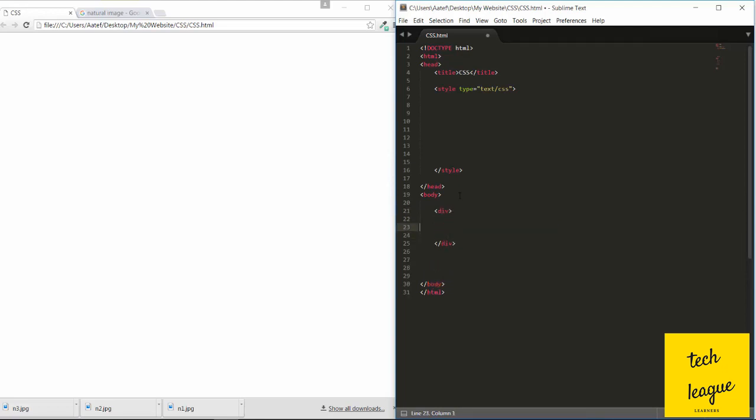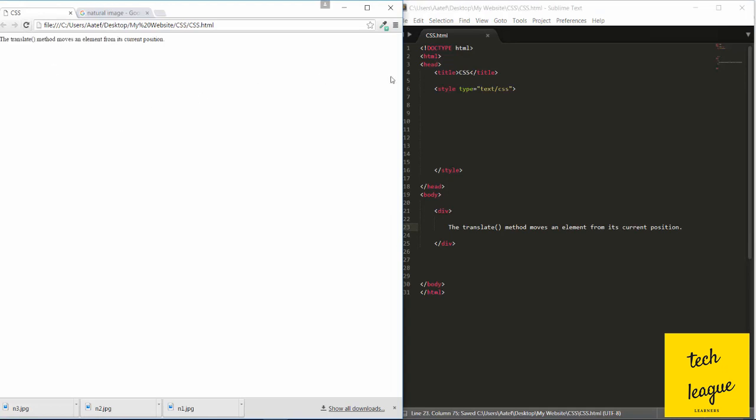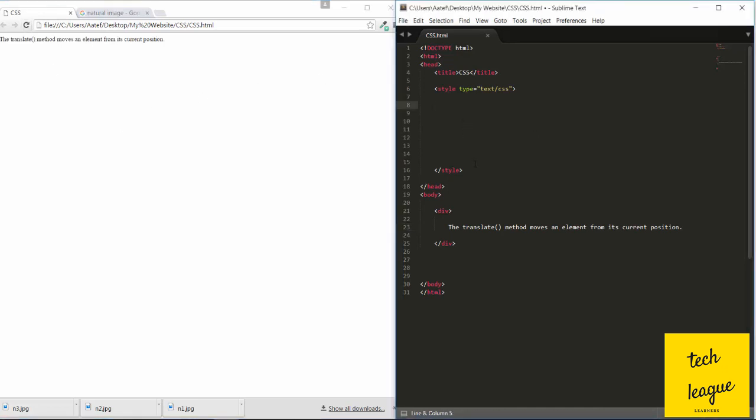I create a div. The translate method moves an element from its current position. Okay, save and refresh, and set